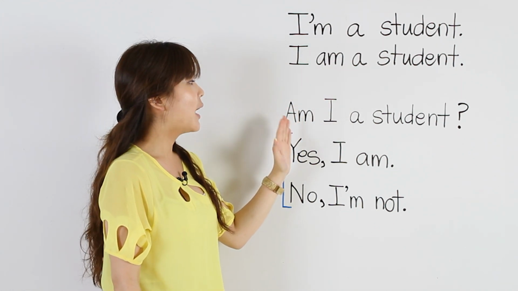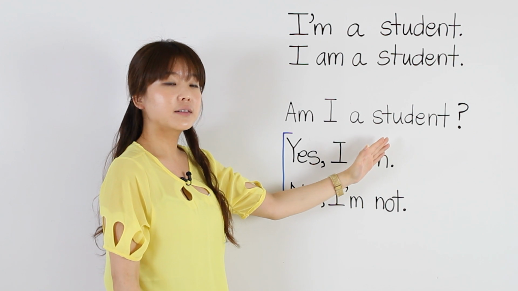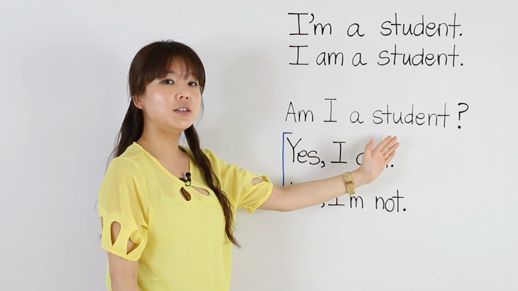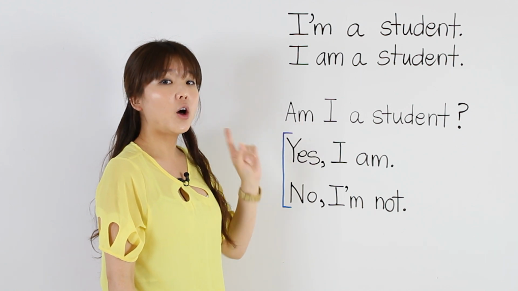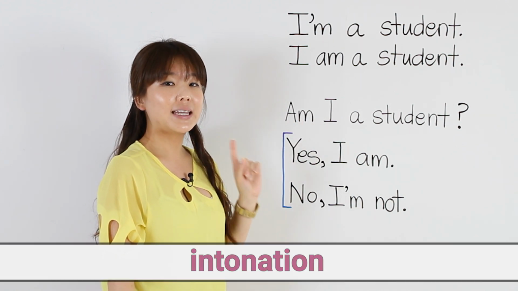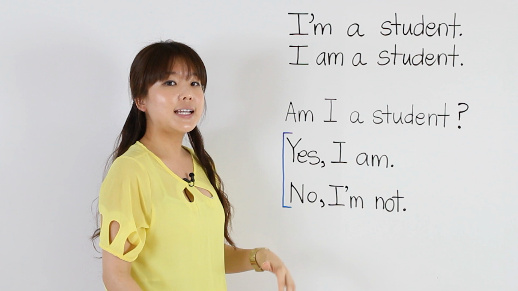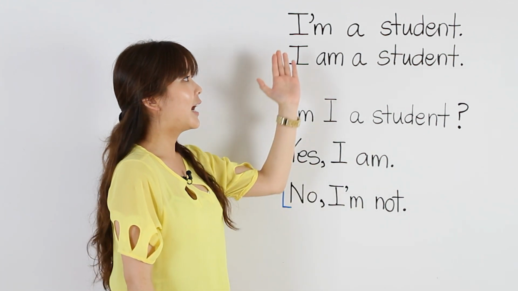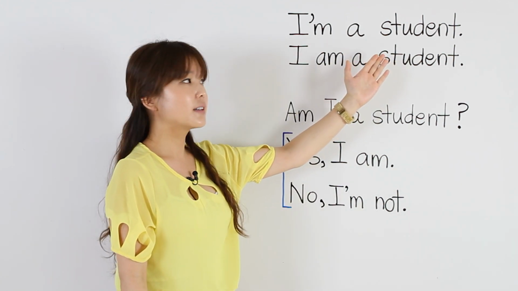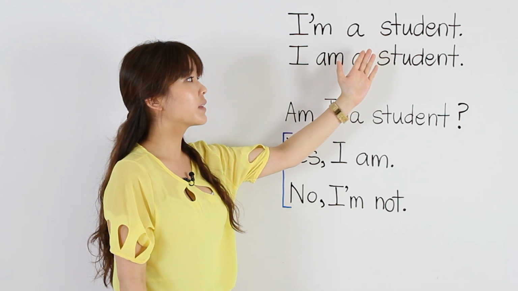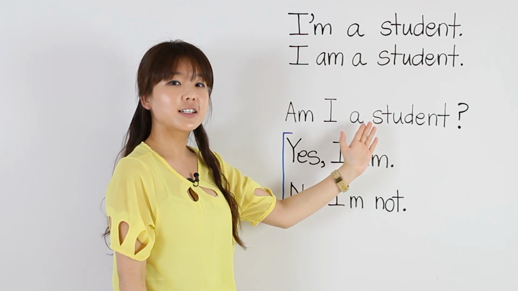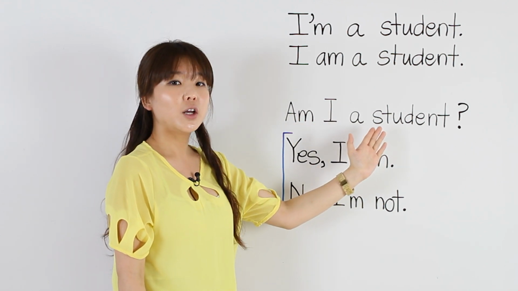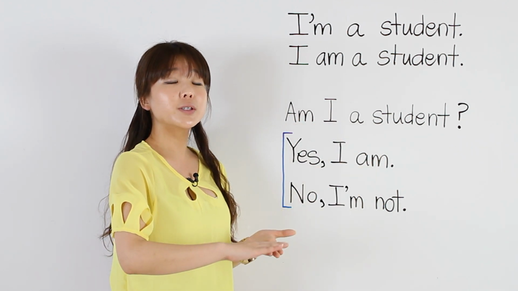Okay? So, am I a student? Am I a student? The be verb comes in the front. Okay. I also want you to listen to my intonation. When I say it in a sentence, I'm a student. I'm a student. Okay, and then when I say it in a question, am I a student? Am I a student? Notice my intonation goes up for the